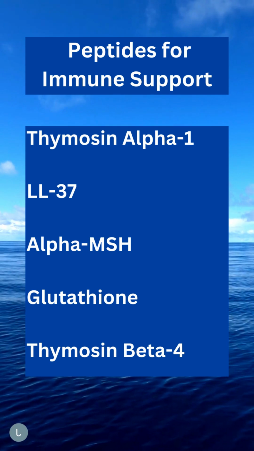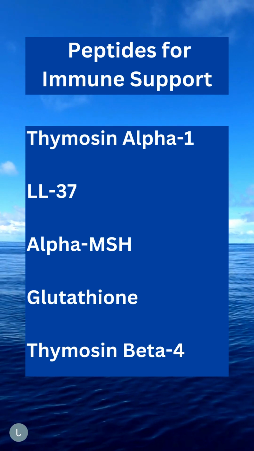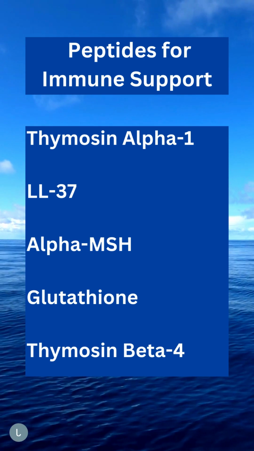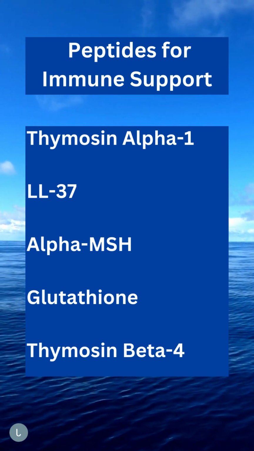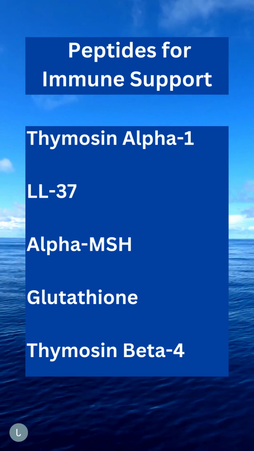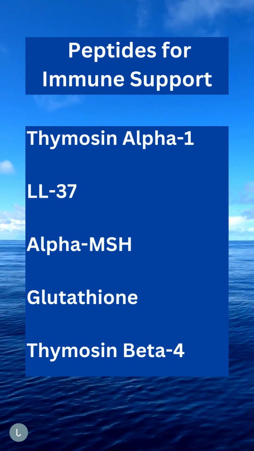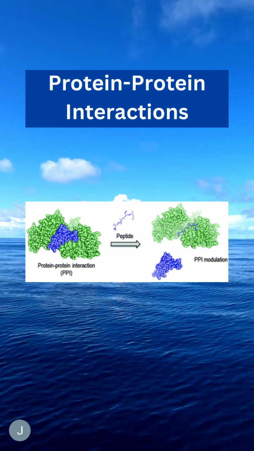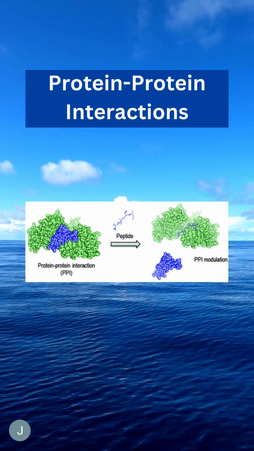TB500, or thymosin beta-4, is a peptide essential for tissue repair and regeneration. It also stimulates the production and function of immune cells, enhancing immune function and reducing the risk of infection and disease. So, why do these work? Well,